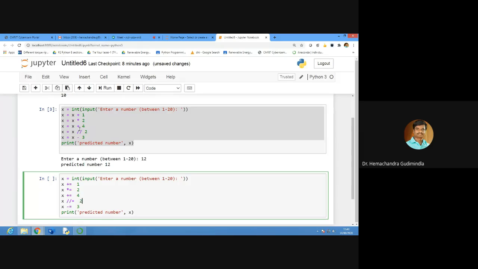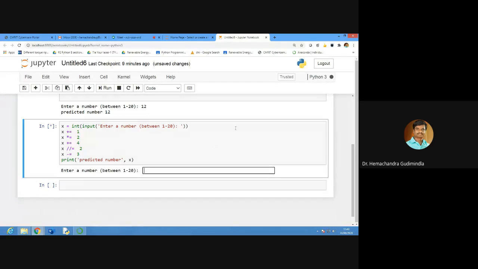Now, are both programs the same or different? I want your confirmation. Same. Now if I run this program, it will ask for input; I will enter 12 to be on the safe side.